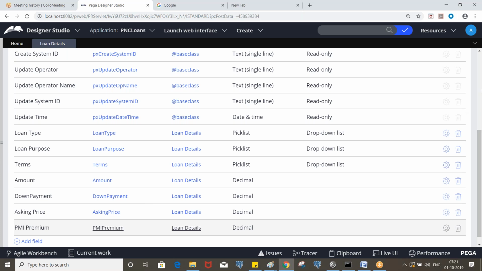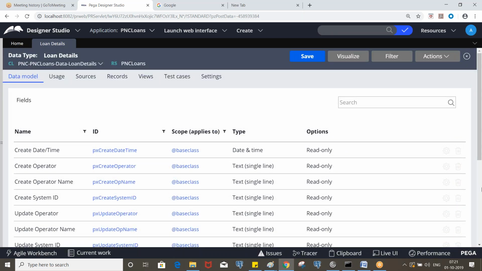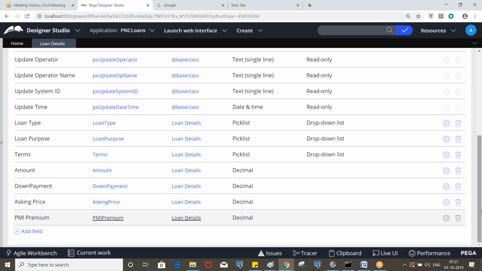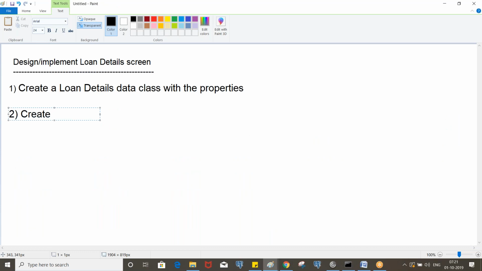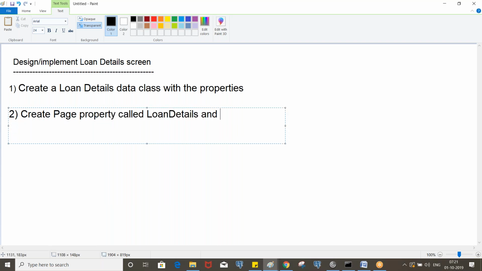So now let's create the loan details page property in the work class and specify this class the same way as we did for other things. The next step: create a page property called loan details, or you can put loan info or whatever, and specify the above created class as the page definition.